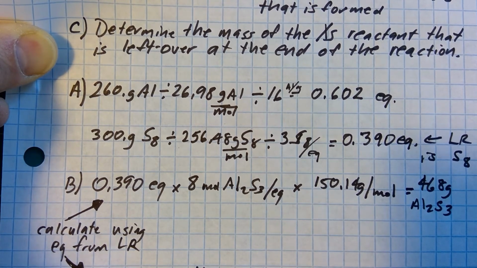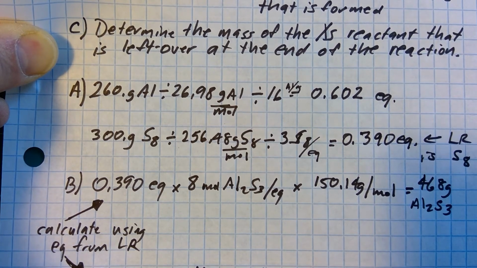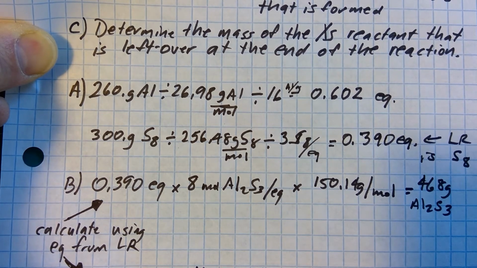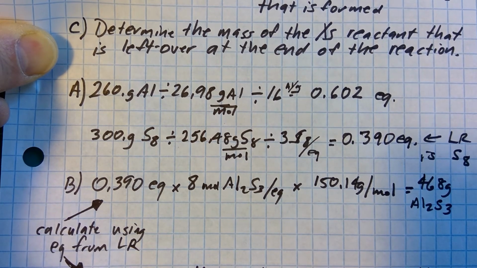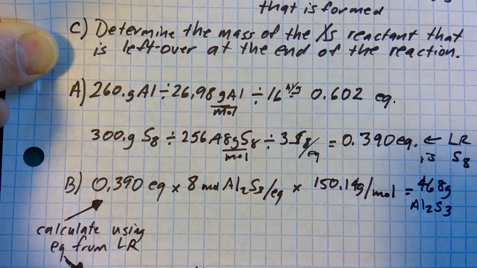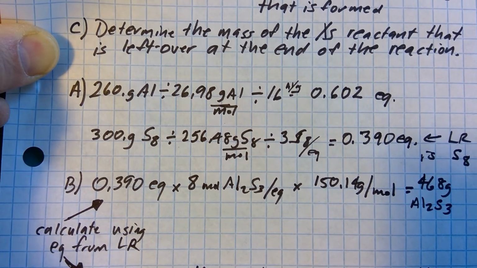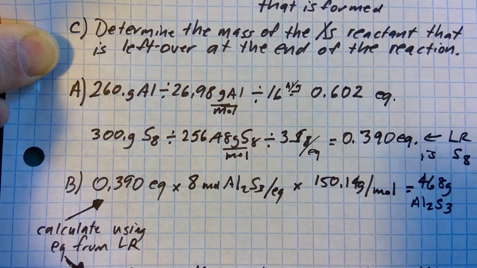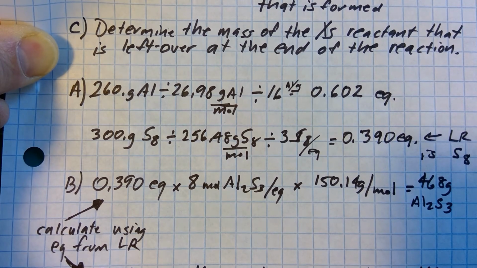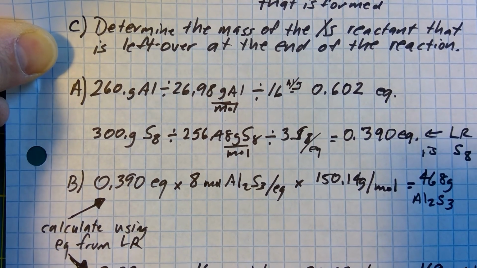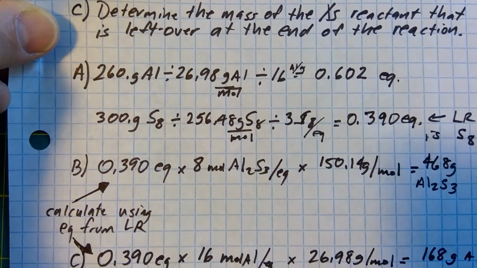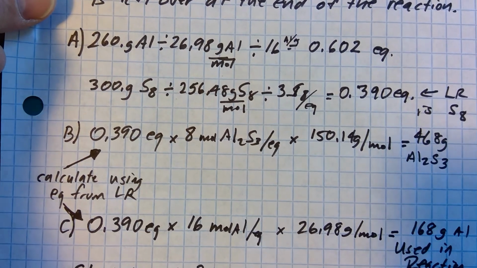Now the C part was determine the mass of excess reactant that's left over at the end of the reaction. So we already know how much we had to begin with, 260 grams of aluminum. Of that 260 grams, we have to figure out how much is actually reacting. Well, we can calculate that using our limiting reactant. So if we take our limiting reactant, 0.390 equivalents,